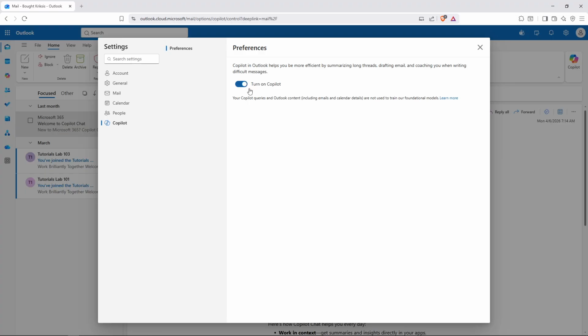with your emails. And that's it. You've successfully enabled Copilot in your Outlook app, and you can now take advantage of AI-powered email assistance right from